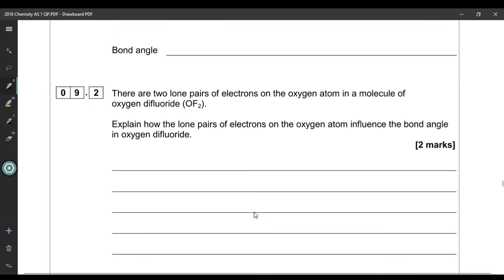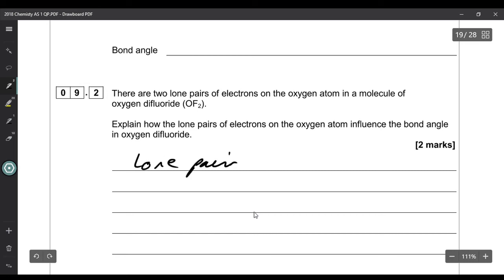It says there are 2 lone pairs of electrons on the oxygen atom in a molecule of oxygen difluoride. Explain how the lone pairs of electrons on the oxygen atom influence the bond angle in oxygen difluoride. So we know that lone pairs repel more than bond pairs. So for 1 mark, lone pairs repel more than bond pairs